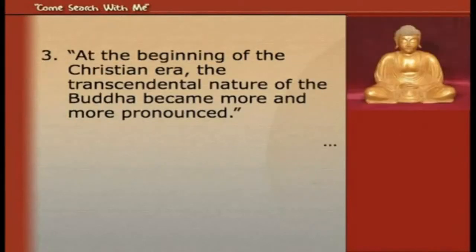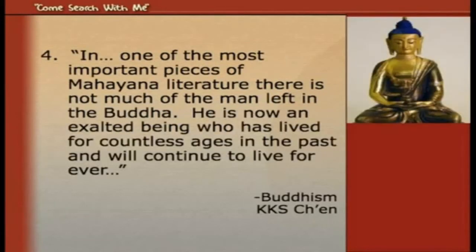At the beginning of the Christian era, that's now 500 years have gone by, the transcendental nature of the Buddha became more and more pronounced. Number 4, in one of the most important pieces of Mahayana literature, now Mahayana is the next form of Buddhism, which came about 700 to 1,000 years later. And in that, there is not much of the man left in the Buddha. He is now an exalted being who has lived for countless ages in the past and will continue to live